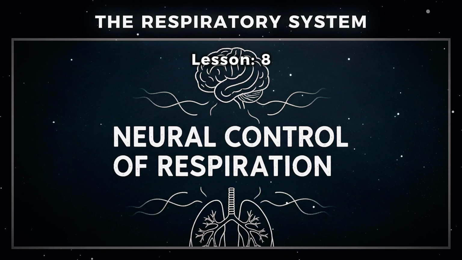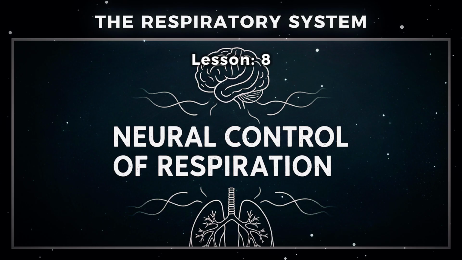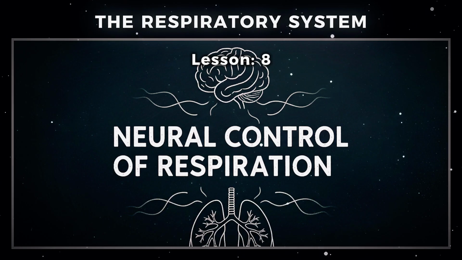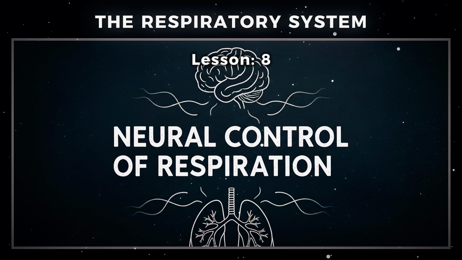Inside the medulla, there are two primary groups of neurons that dictate the rhythm. The first is the ventral respiratory group, or the VRG. This is the rhythm generator. Within the VRG sits a cluster of cells known as the pre-Bötzinger complex. These cells are the